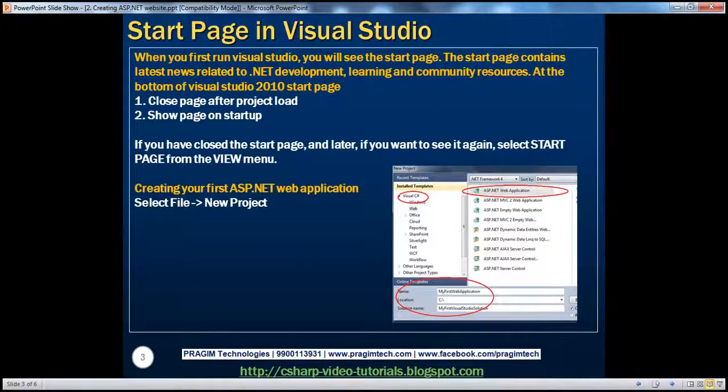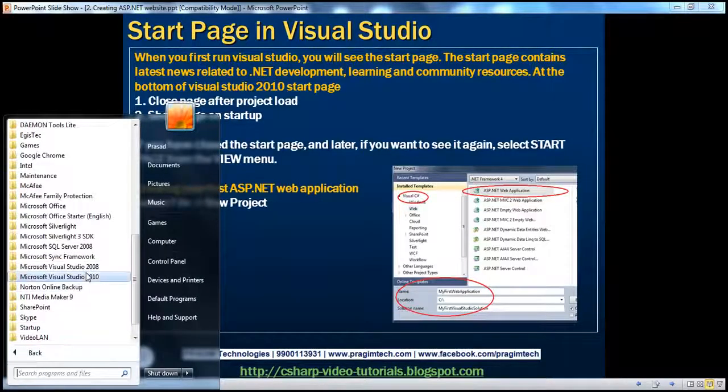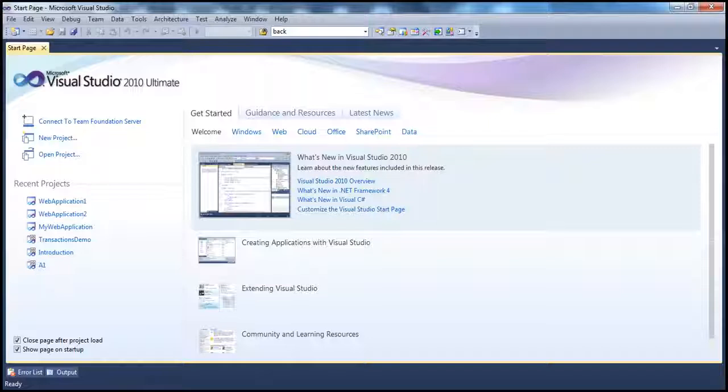When you first fire up Visual Studio, you will see the start page, and this start page contains latest news related to .NET development and other learning and community resources. To fire up Visual Studio, go to the Start menu, select All Programs, Microsoft Visual Studio 2010, Microsoft Visual Studio 2010. Upon selecting that, you should see Visual Studio 2010 open up. And on the Start page, you should see the latest news related to Visual Studio 2010 besides other learning and